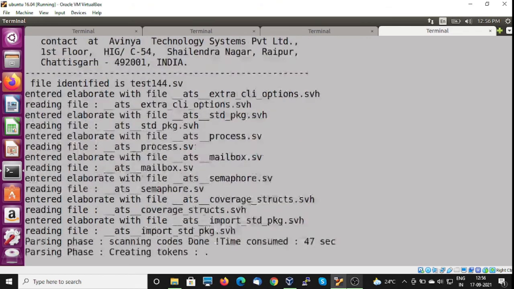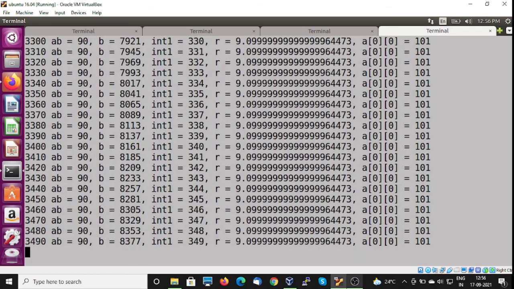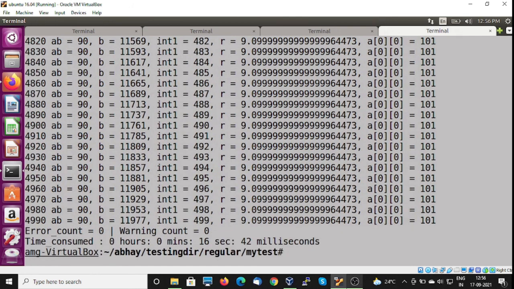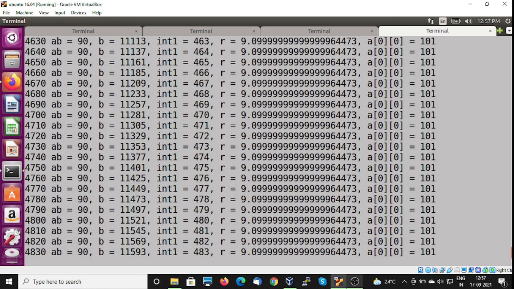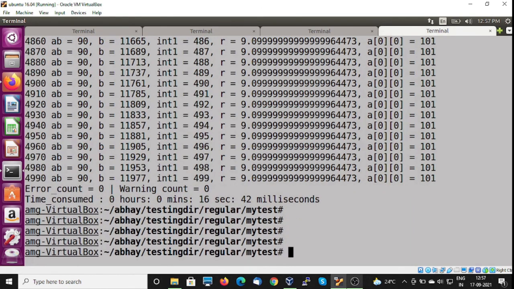So it's working now. It has compiled everything and it has done it for 5000 nanoseconds. So everything is okay. These are various results you can see. You can always check the validity of your license.